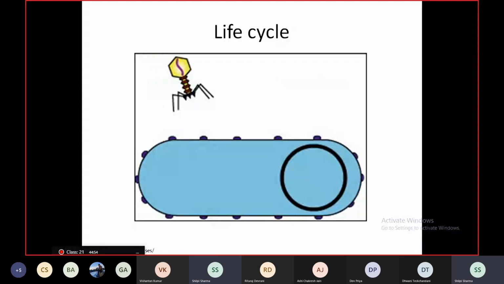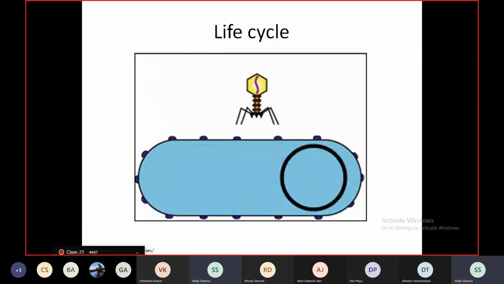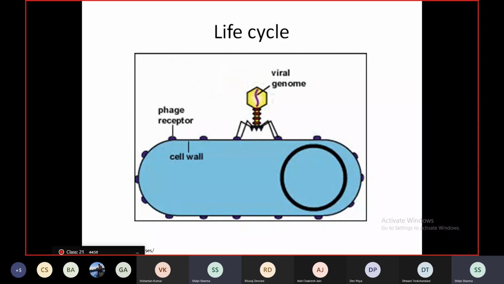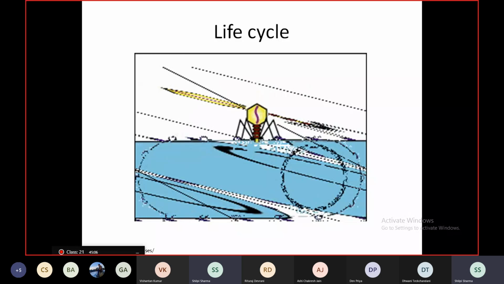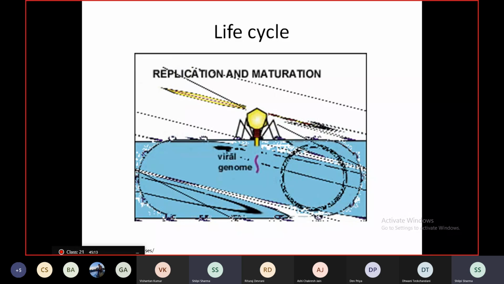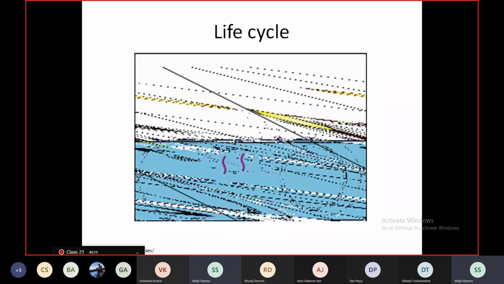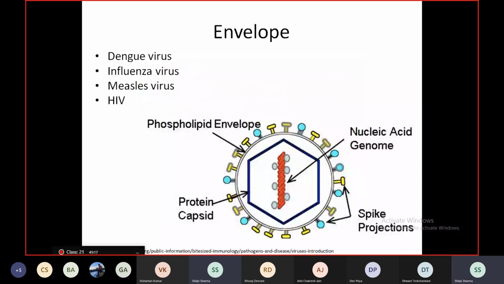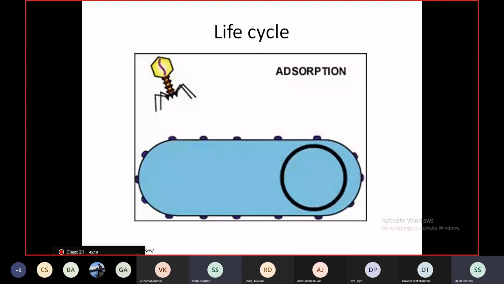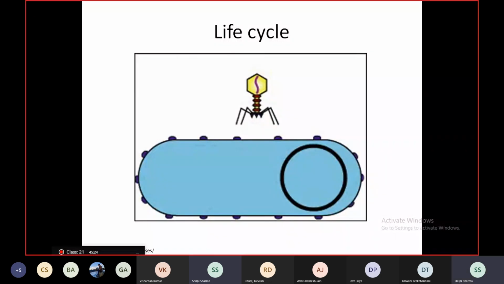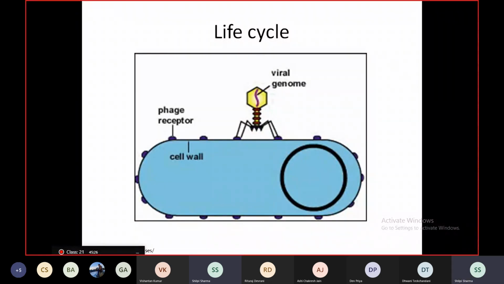Okay, so understanding the molecular events accompanying virus replication is essential for the proper understanding and also for the control of viral diseases. What I'm showing you here is just the life cycle of a bacteriophage, and there's some error in the animation again. Anyway, the events involved in the life cycle of a bacteriophage include first adsorption, then penetration, replication,